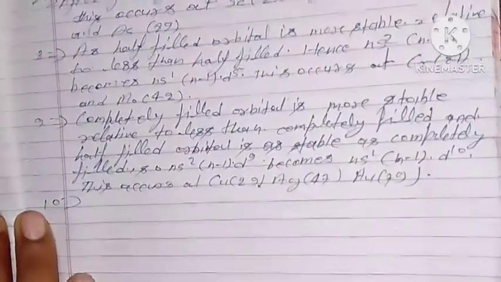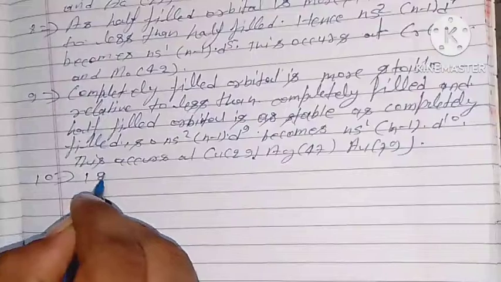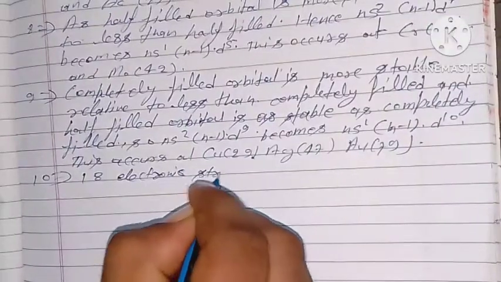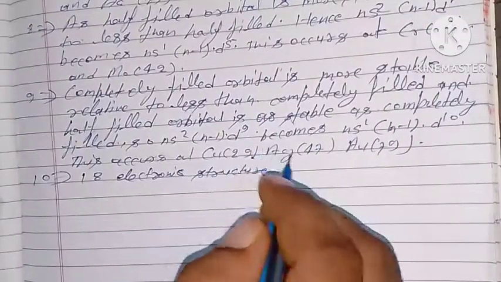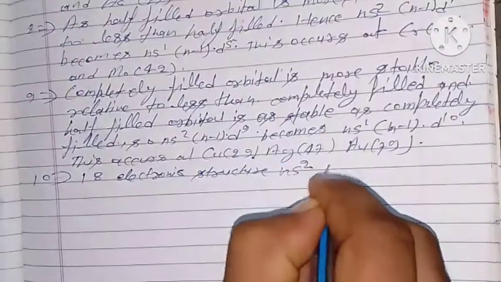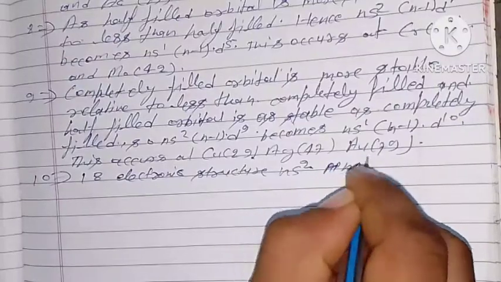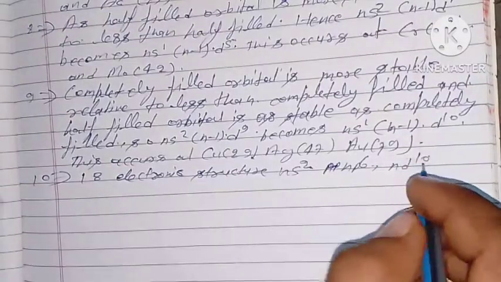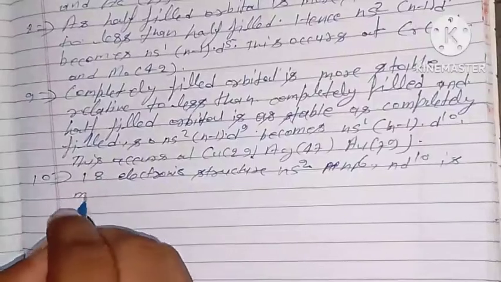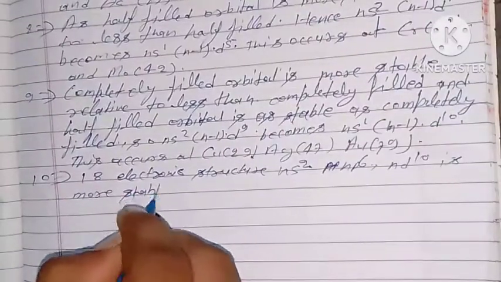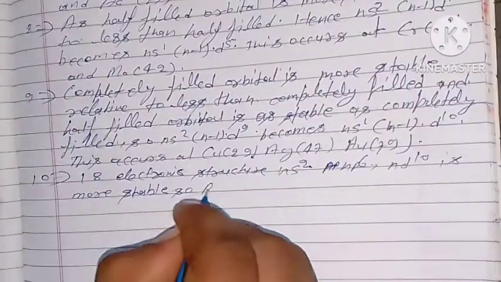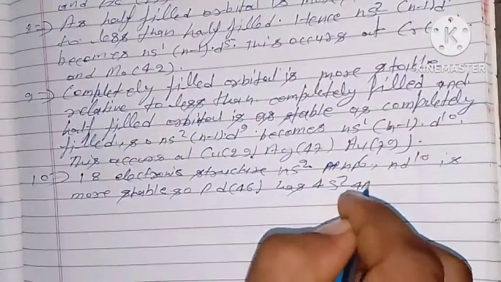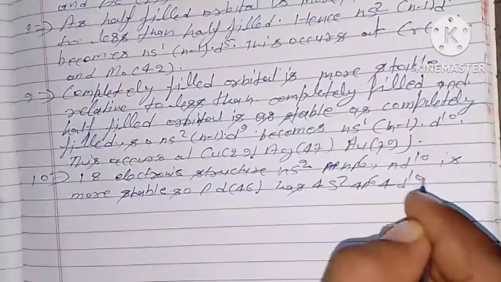Tenth point, the last: the 18 electronic structure, ns2 np6 nd10, is more stable. So Pd 46 has 4s2, 4p6 and 4d10